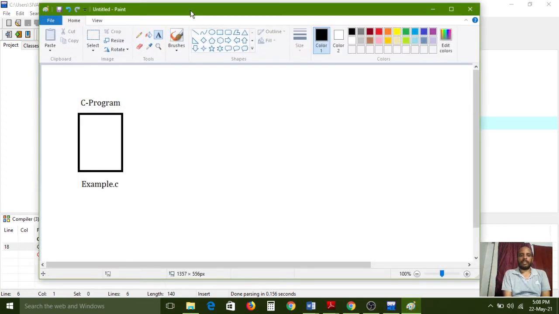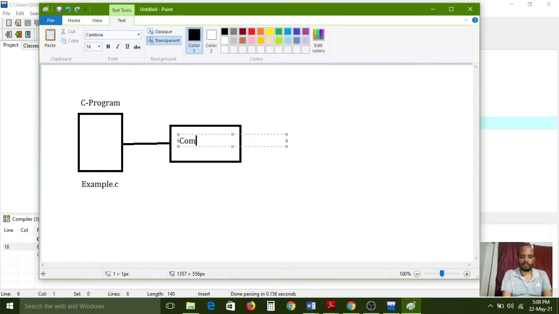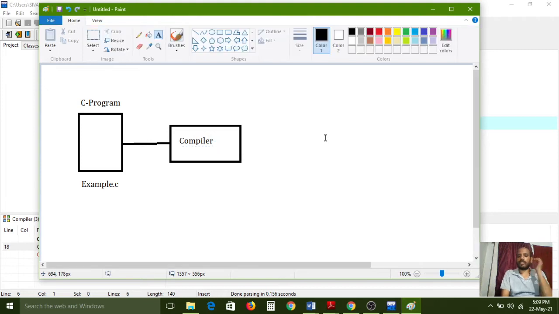Here I am explaining diagrammatically now. I am giving this source code to the compiler.